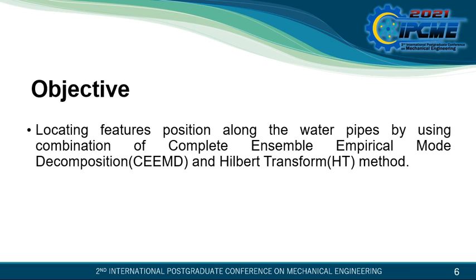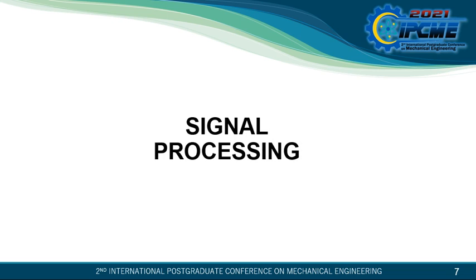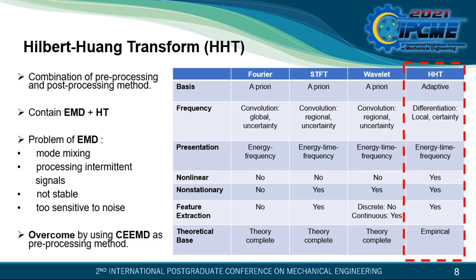The objective of this paper is locating feature positions along the water pipes by using a combination of complete ensemble empirical mode decomposition and the Hilbert Transform method. The Hilbert-Huang Transform is basically the combination of pre-processing and post-processing methods in one process. It contains empirical mode decomposition and the Hilbert Transform. HHT is mainly used for non-linear and non-stationary signals and can be used to extract information from a signal. This method is theoretically based on empirical